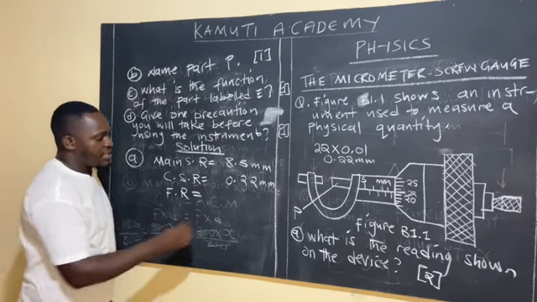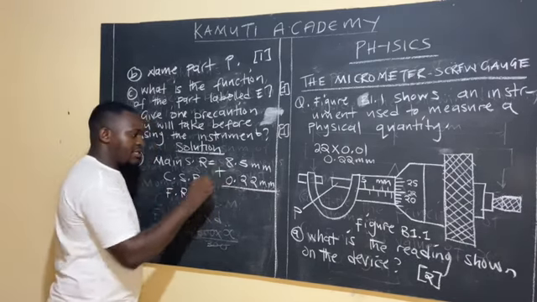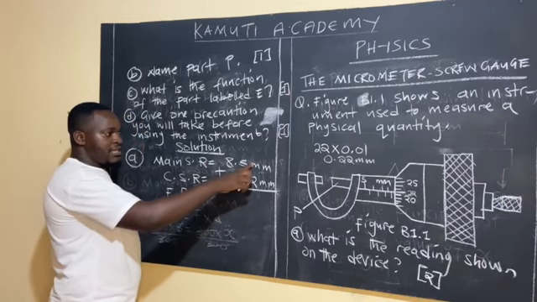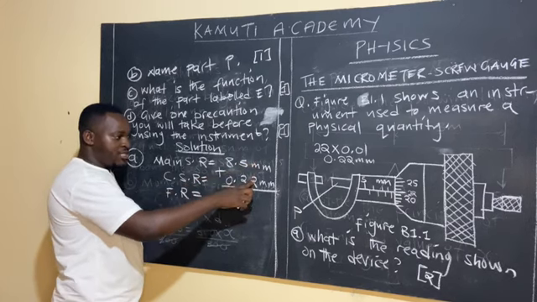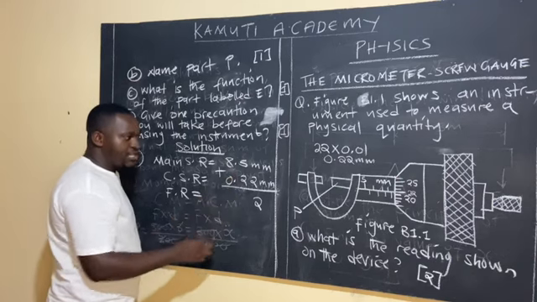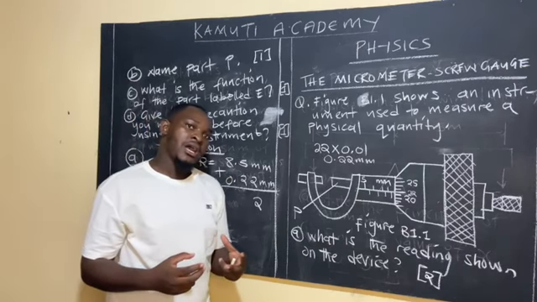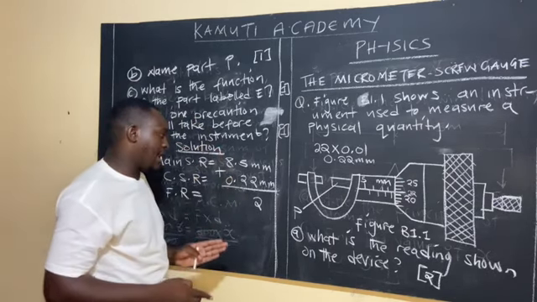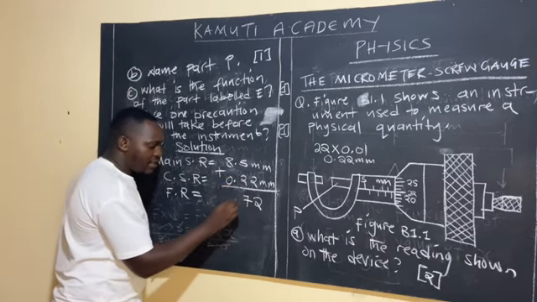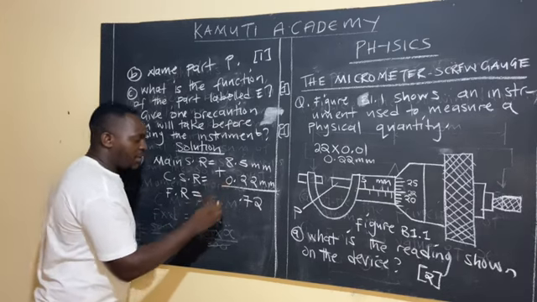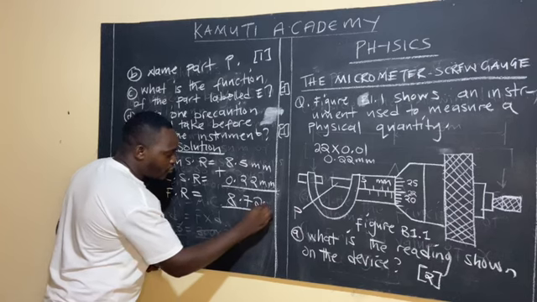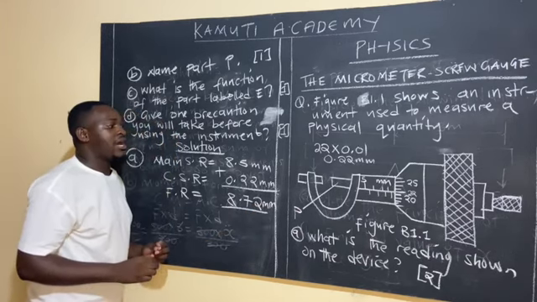All right, then now, to get the final reading, we're going to add these two readings. So in adding these two readings, you're going to agree with me. Here there is a 0, so we'll say 0 plus 2. We'll get a 2 there. Then we know that whenever you are doing addition, the decimal points should be in the same line. What is 5 plus 2? That is a 7. Then the point there. Then 8 plus 0. This is 8. So the final answer is 8.72 millimeters. So that is how you get the